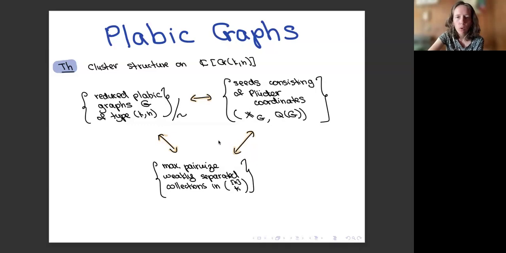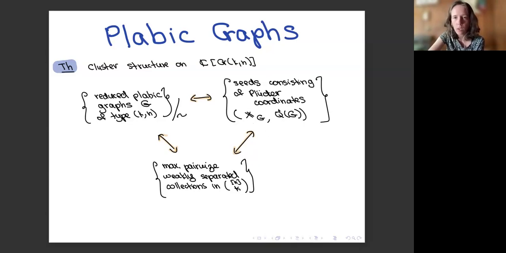Okay, and moreover, this is also in bijection with these pairwise weakly separated collections from the previous theorem, but now in order to be of type k, n, these are maximal pairwise weakly separated collections. So that's a maximal set of pairwise weakly separated collections, and these are all in bijection. So what does this do? It tells us, well, if I now have a complete understanding of the seeds in my Grassmannian cluster algebra,